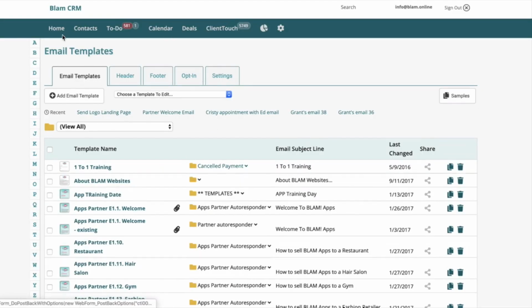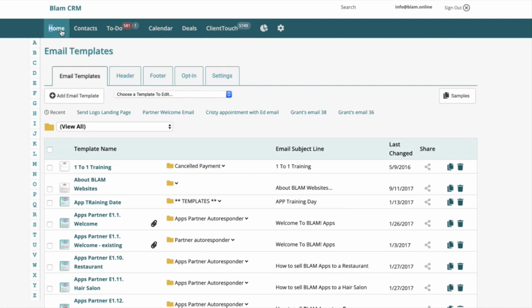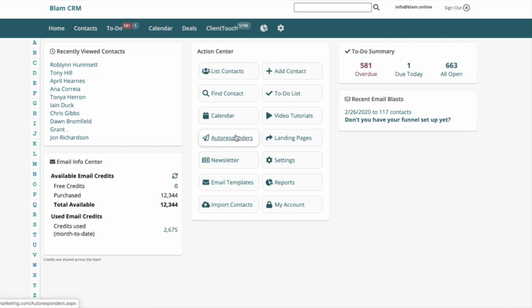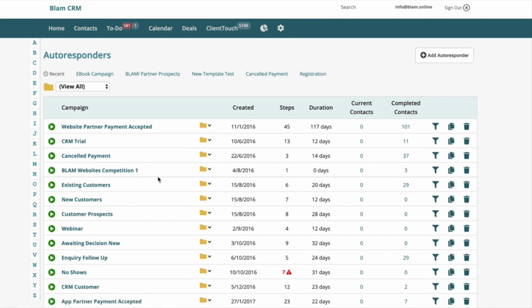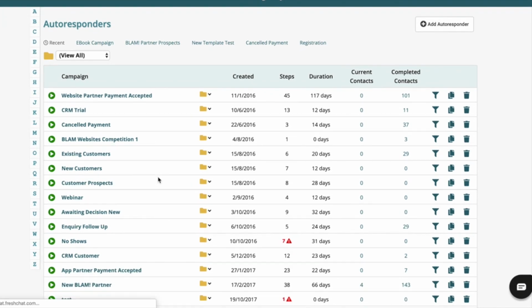The second part to the email system, and the thing that is really exciting for somebody who's looking to start doing regular email campaigns, is you can do these autoresponders. So you can trigger autoresponders based on different actions that you put into the system. So let's say, for example, you've got a new customer, somebody pays you. You could then make that in the contact, when you go to the contact and say that the customer has